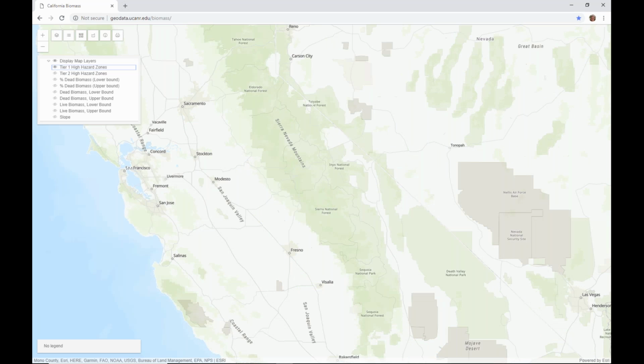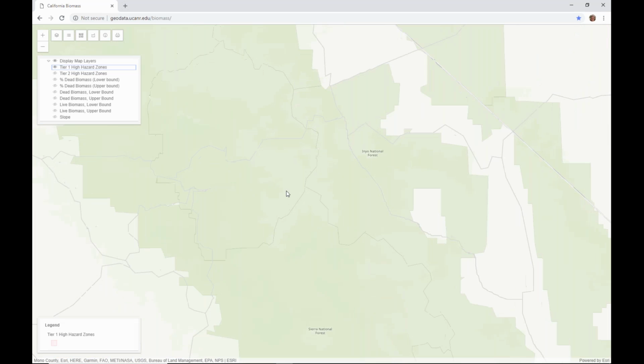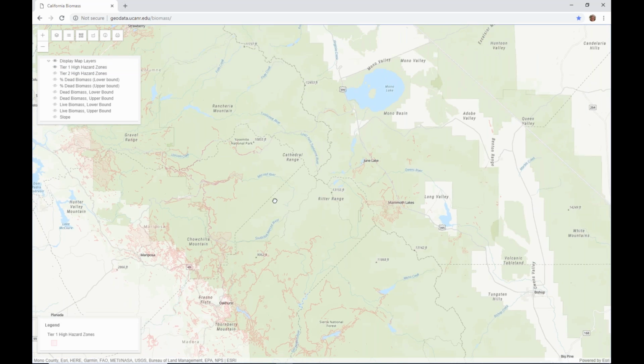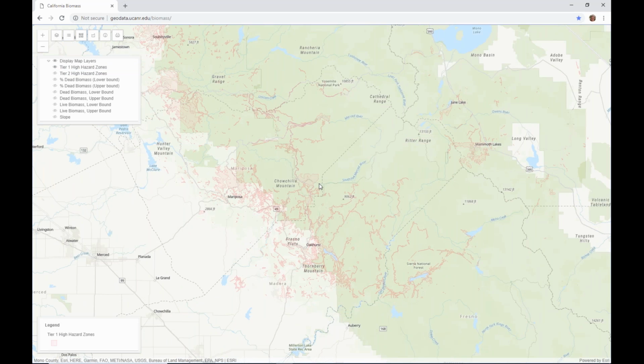Tier 1 high hazard zones are only visible on this map when you zoom in because they are small polygons that just look like a mess when you zoom out. So in order to see them, check the Tier 1 high hazard zone box and then zoom into the map. These Tier 1 high hazard zones are specifically looking at highest risk areas because they're near infrastructure, they're near roads, buildings.